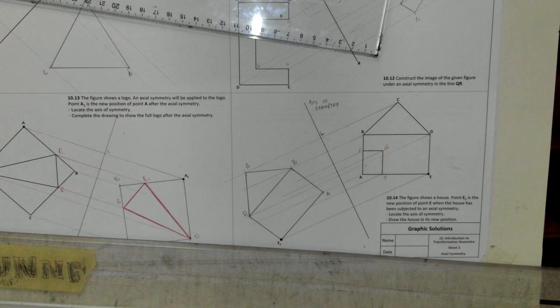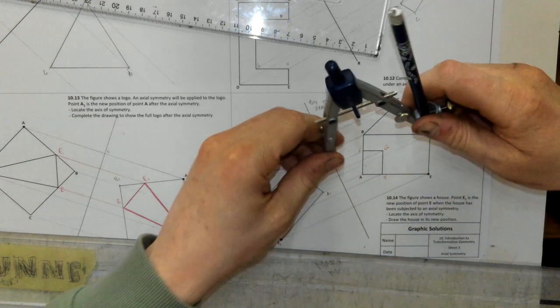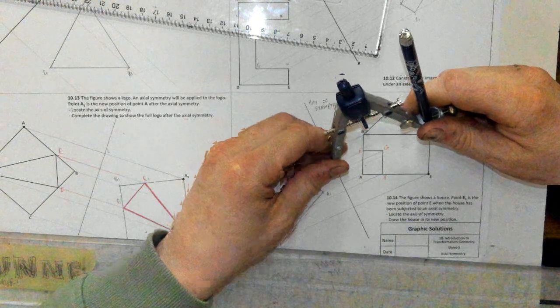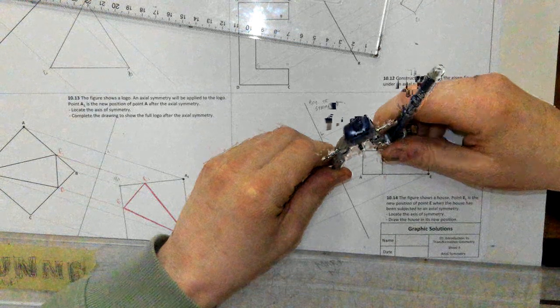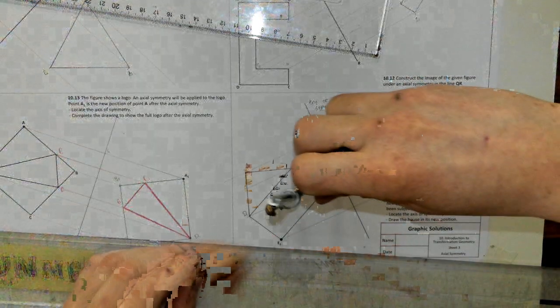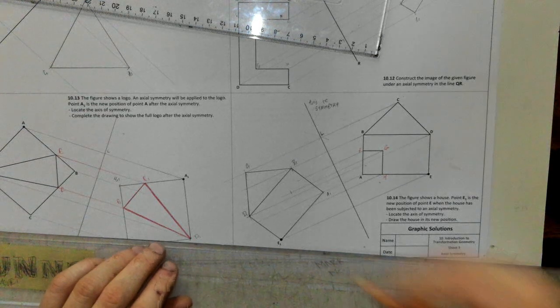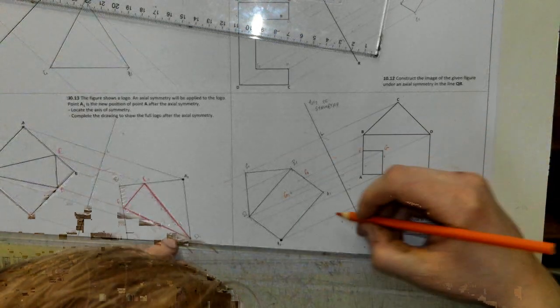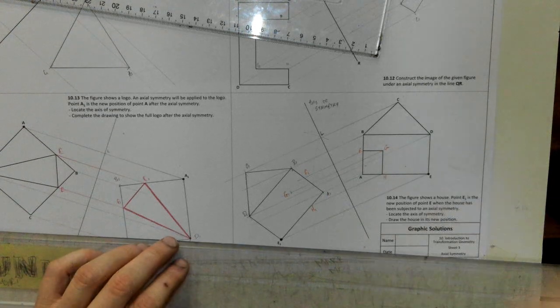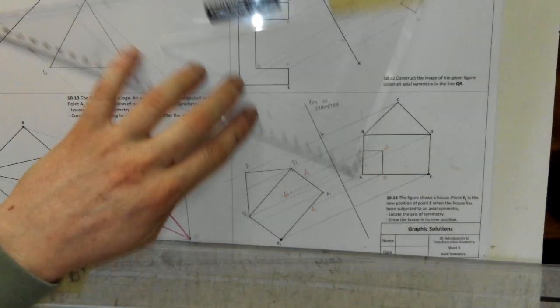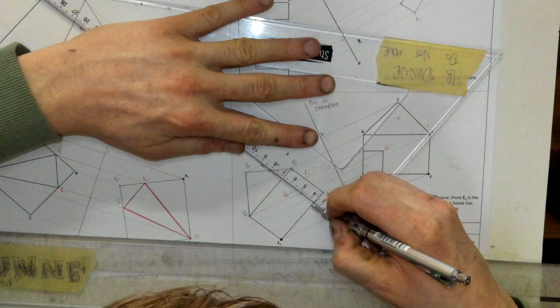Alright, I could get my compass for point G there. I know where the other two are because they're crossing over walls. I could get my compass for point G and swing it around, or I could just use sliding set squares, but I'm just going to get my compass and swing it around. So G1, F1, H1. Now, the door, we join these points